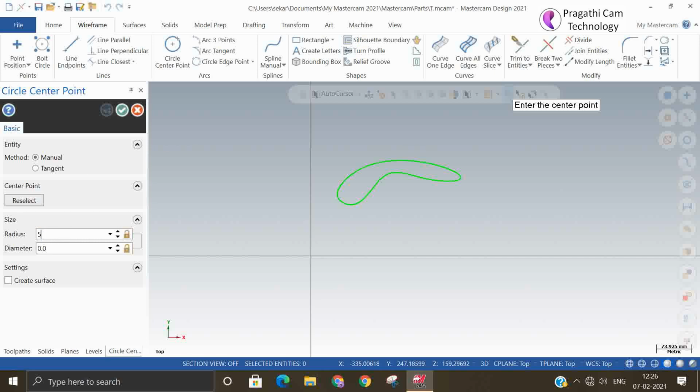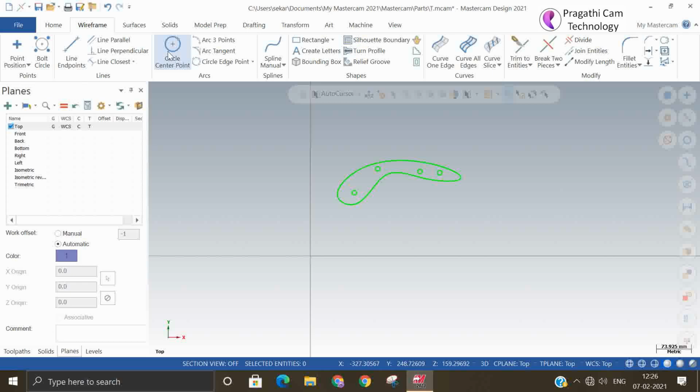One shape. I'll make one small hole here. This is one part. Okay, one part.